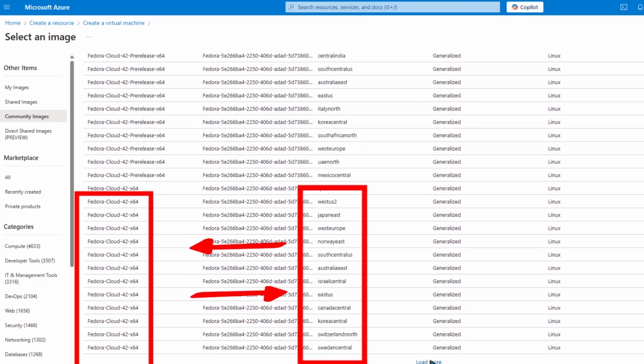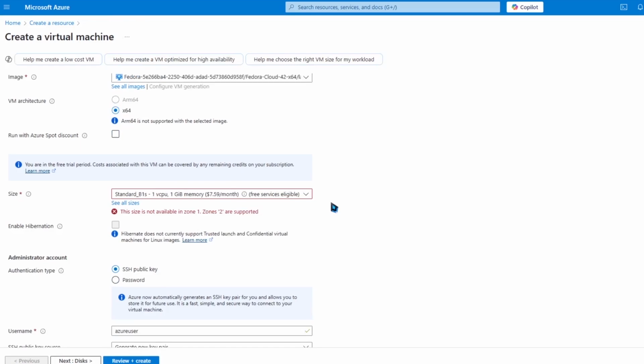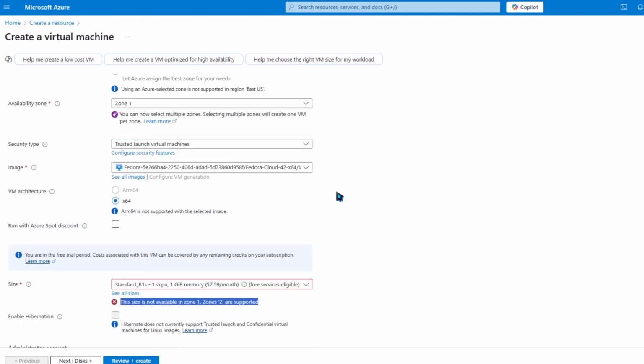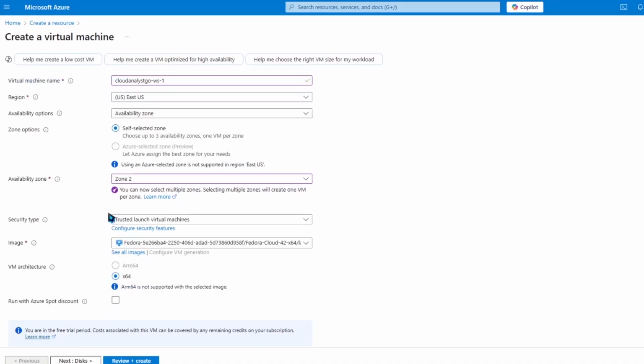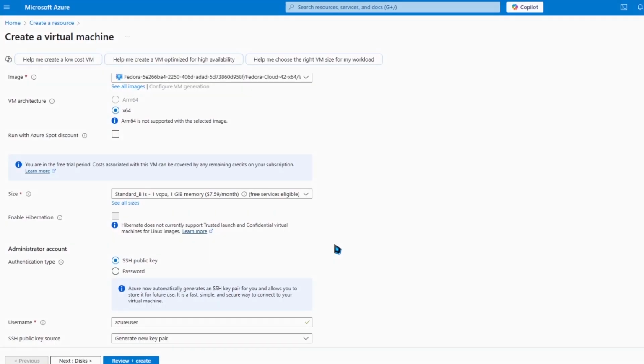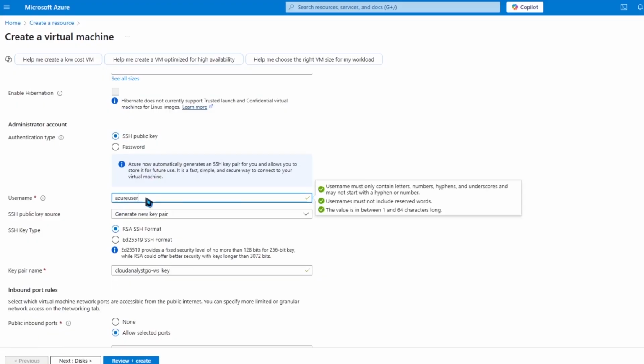Here, select your region, and that's going to give you the fastest network connection to your VM. Almost everything is complete now, but we have an error saying that this configuration is not supported in a zone. It won't affect the web server. So just make the switch and proceed with the next configuration, which is the authentication type. We will be using a key for this. More on that later, but for now, leave it untouched.